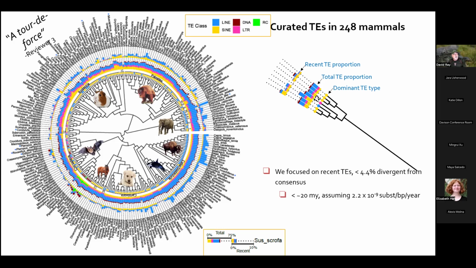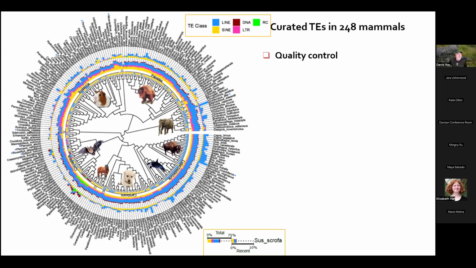We can't estimate the mutation rate for every single organism and plot that onto this giant tree. So instead, we used the average mammalian neutral mutation rate, which is 2.2 times 10 to the negative 9 substitutions per base pair per year, on average across the mammals. And that, by focusing on things that were only 4.4% divergent from their consensus, allowed us to focus on things that were probably around 20 million years old or less, right? And so that's what this up here is representing. All right, so